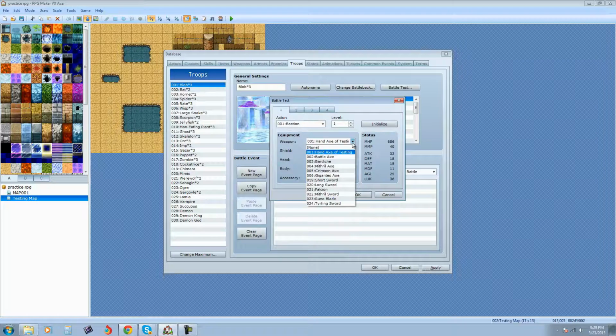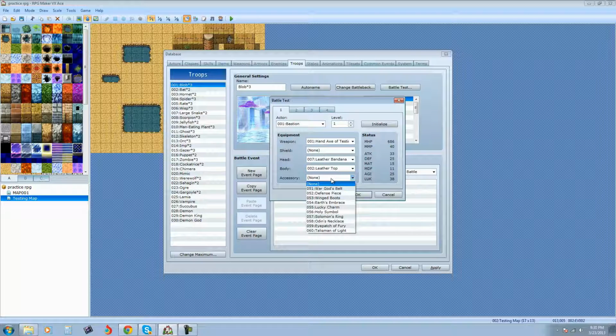So we can go through the different axes or swords that we've allowed him to carry in the perks, or, I said perks, but I meant features. He can have axes or swords. So you go to whatever weapon you want him to carry, and you can look at what the specs on those are in the weapons tab. You set up his shields and armor, leather bandana for his head, and a leather top for his body armor, accessories, maybe the War Guard's belt, and then it shows you what his current stats are going to be with